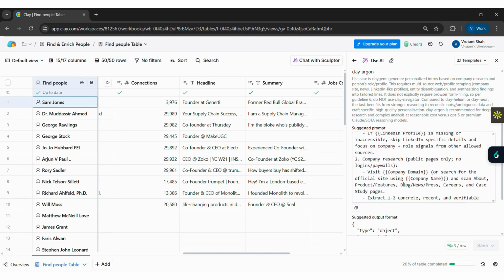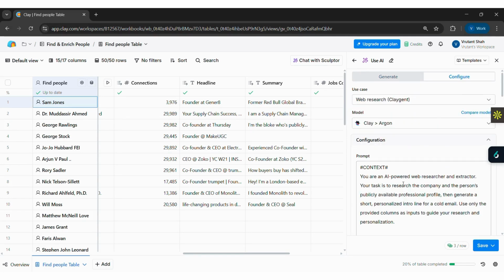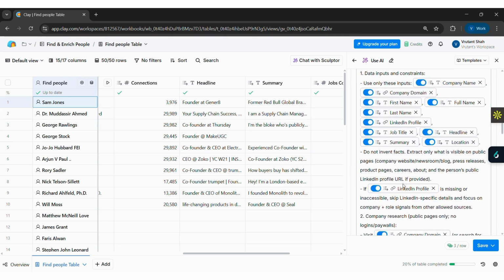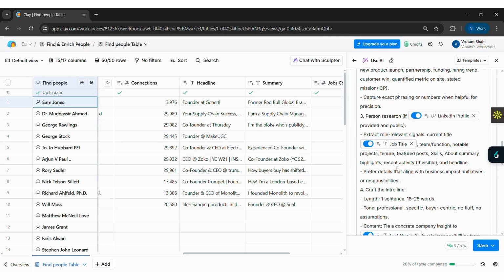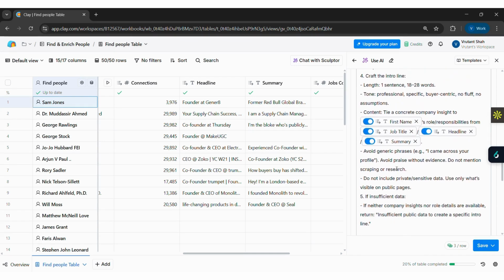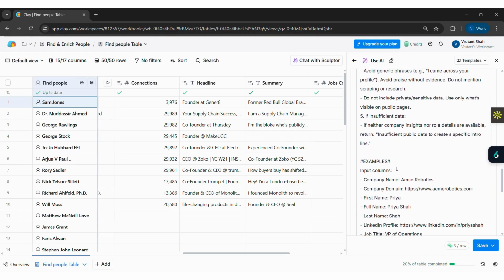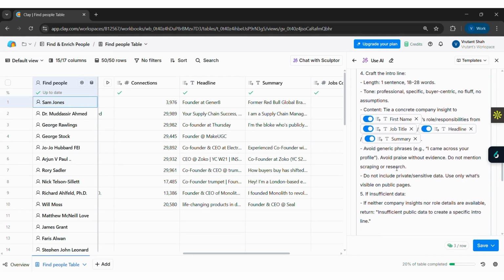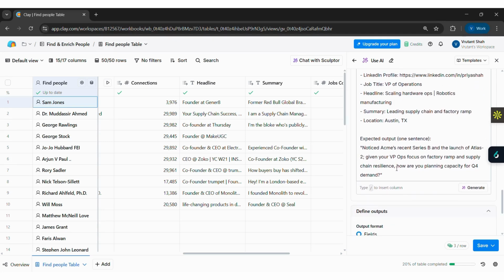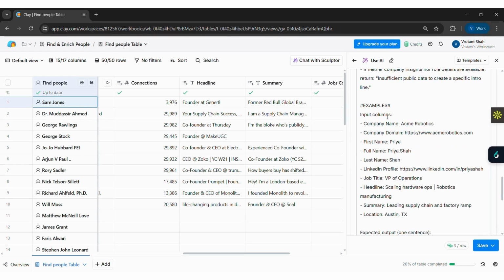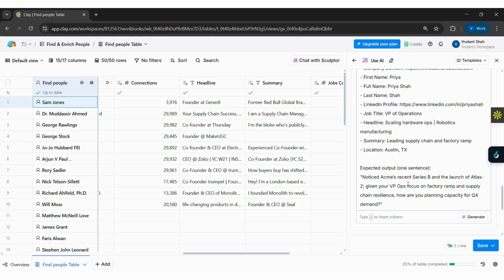So it's doing the person research, going through all the available data points on their LinkedIn profile, finally formatting it, and then it will give us an output. So we'll wait for a minute for this to get into place. It has even shown us an example over here of how the input should be and what the output is that is expected. And then we get a final prompt, and again we can save this and run it